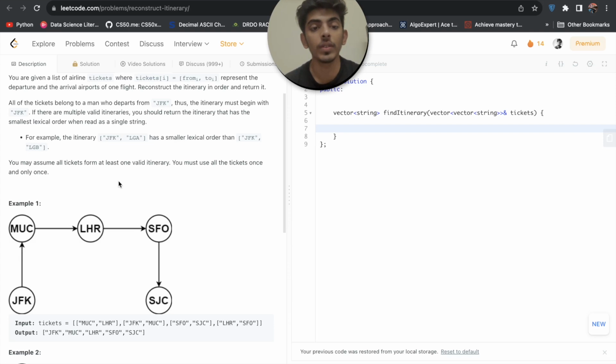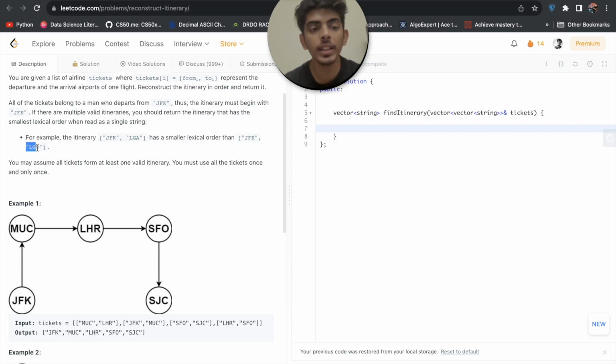So what does this smallest lexical order itinerary mean? Let me read this example. We have an itinerary which is JFK, LGA, and another is JFK, LGB.